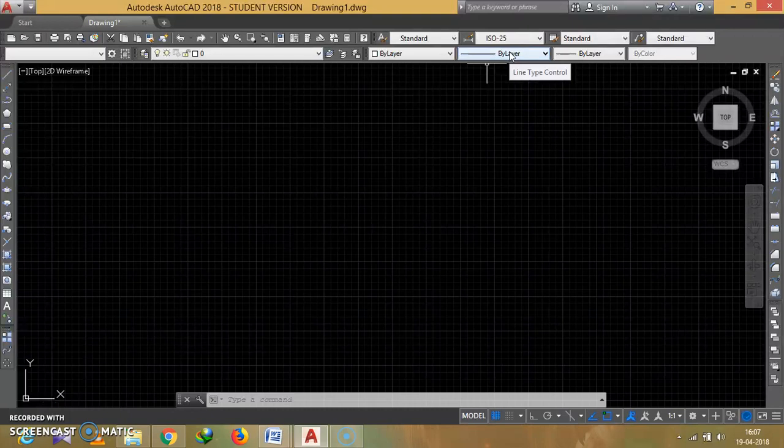First, when I open a drawing, I have to set the units. In India, we mostly use meters, but when we go to other places, it may change to feet or whatever it may be. First, we have to set the units. The shortcut command is UN enter. So first, I am going to set the units. UN enter.